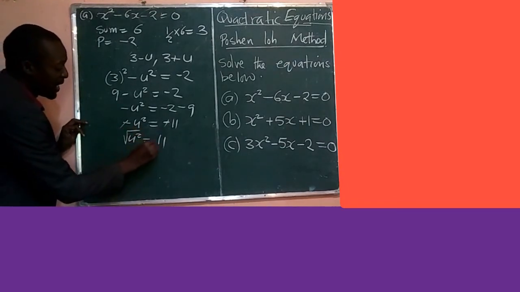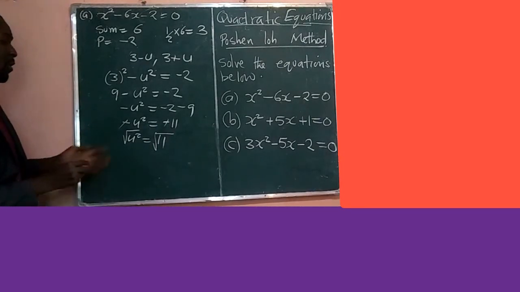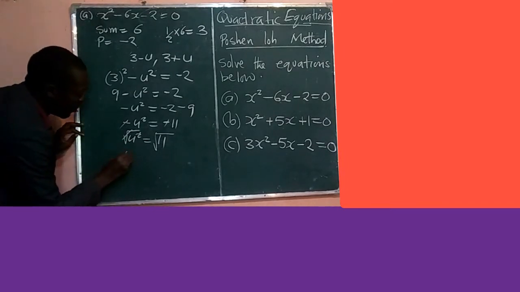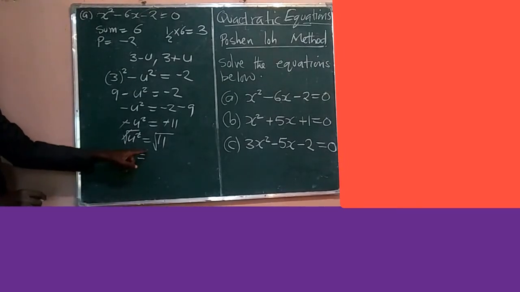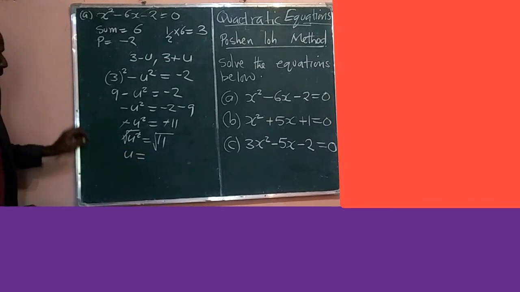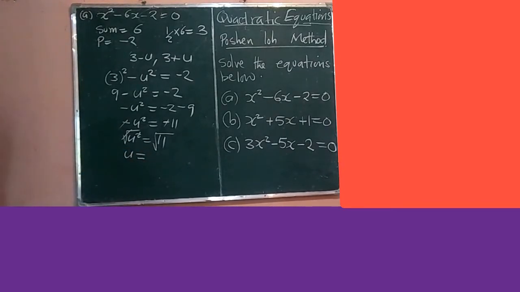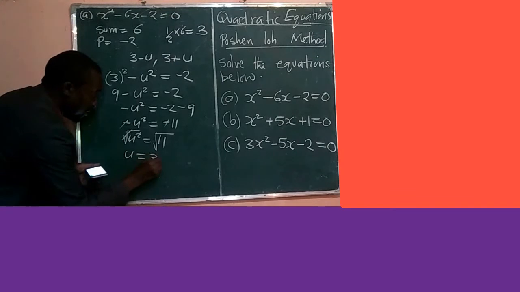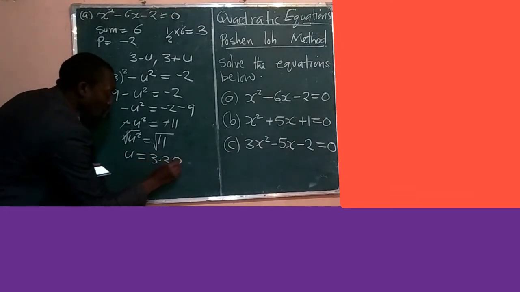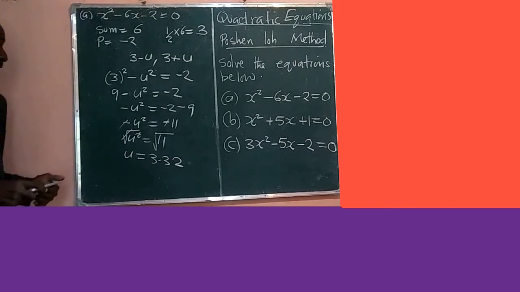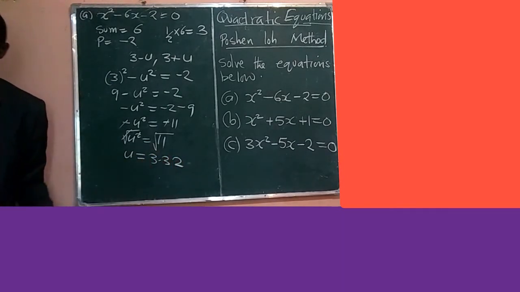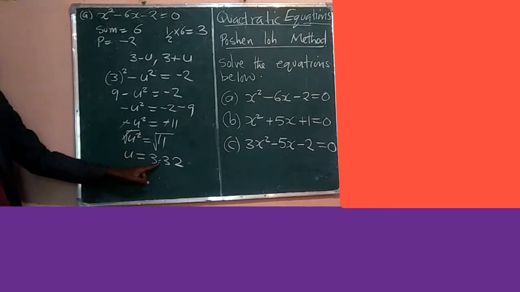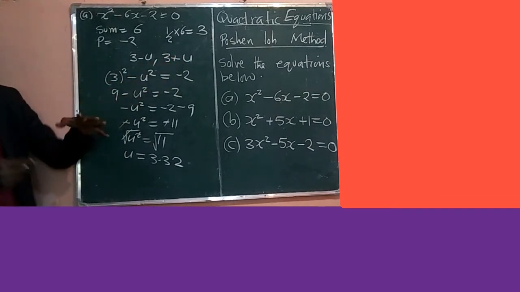So you are going to have square root here and square root there. And so when you find the square root of 11 here, you are going to have u is equal to, and then when you find the square root of 11, you are going to use your calculator. The square root of 11 is 3.32. I've rounded it off. There are so many digits at the end here, so you just round it off even just to 3 significant figures. And now when you reach here, you are going to substitute this u here and there, and the answer that you get will be your answer.